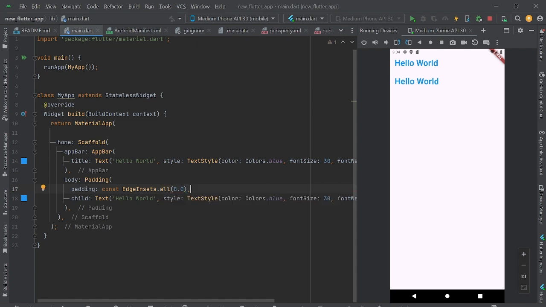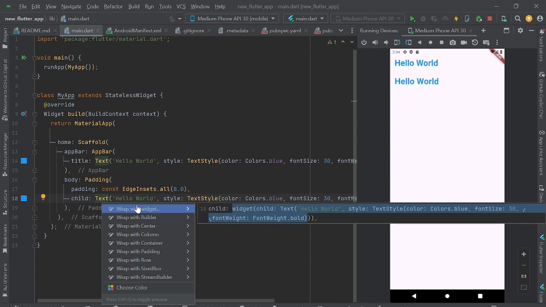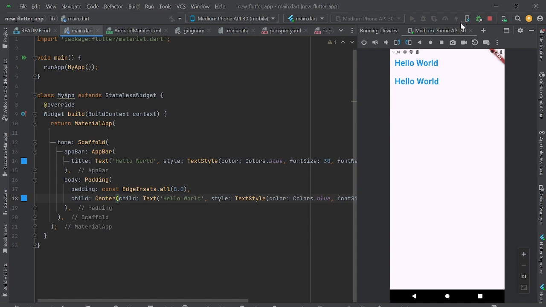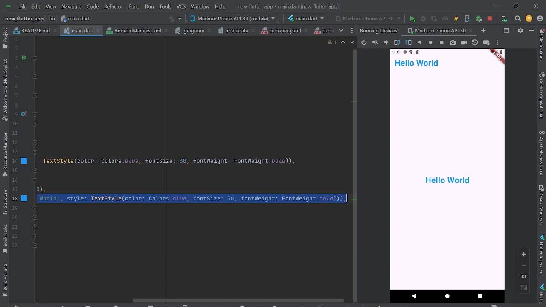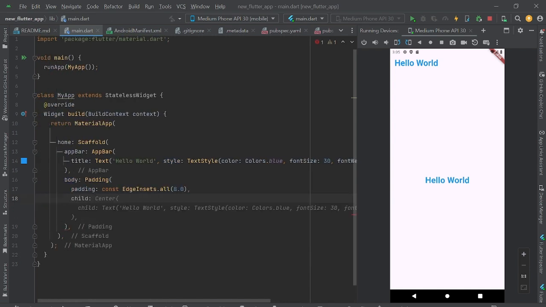ठीक है ना। तो अभी तक हमने कौन कौन से विजेट एक्सप्लोर किए, जैसे ऐप बार के बाद फिर टेक्स्ट विजेट एक्सप्लोर किया, पैडिंग हुआ। इसको फर्दर हम चाहें तो अगेन सेंटर से रैप कर दें तो सेंटर पे आ गया फिर से ये। तो ये हम लोग प्ले कर सकते हैं कुछ एक्सपेरिमेंट्स करके। तो हमारा अगला विजेट है कॉलम विजेट। तो हम पहले कॉलम विजेट को इम्प्लीमेंट करेंगे यहाँ पे चाइल्ड के अंदर। तो हम इसको हटा देंगे और यहाँ पे आएगा हमारा